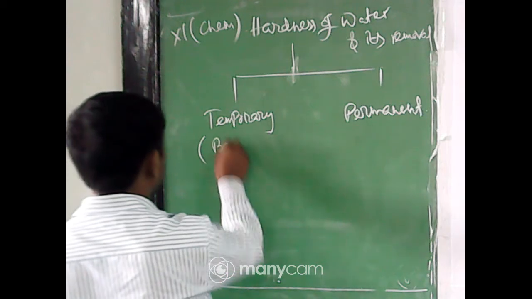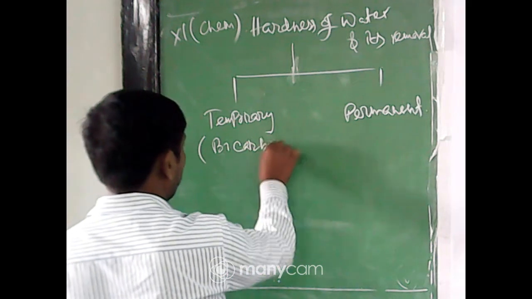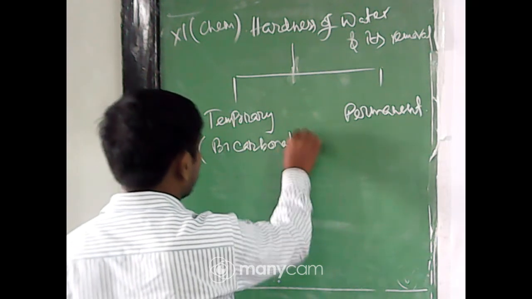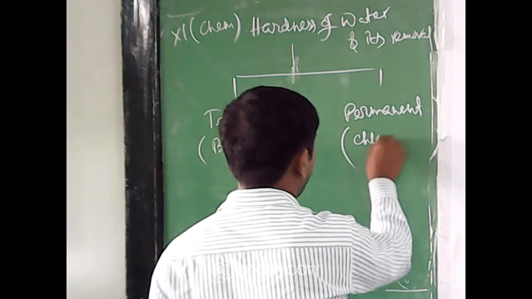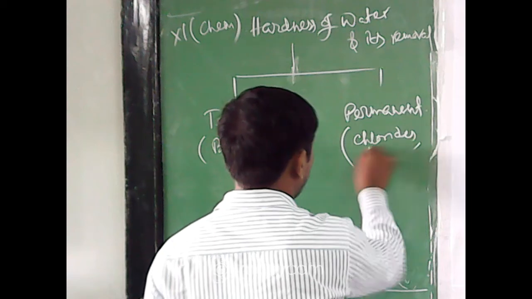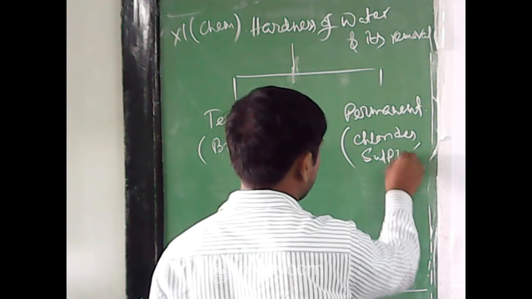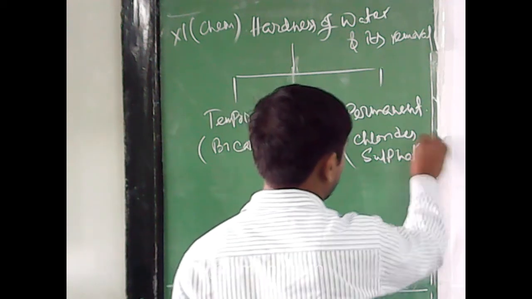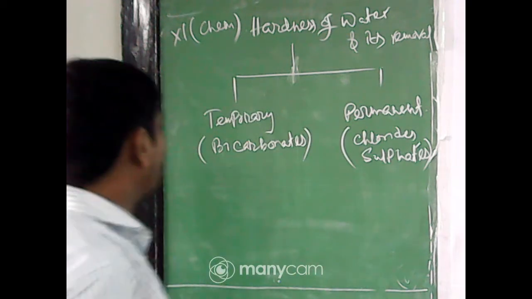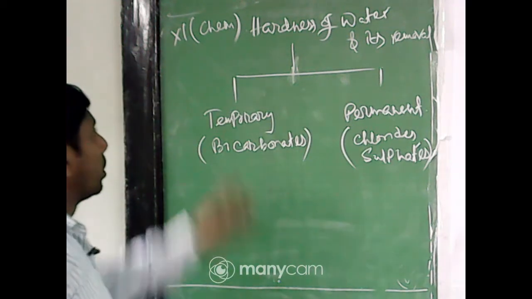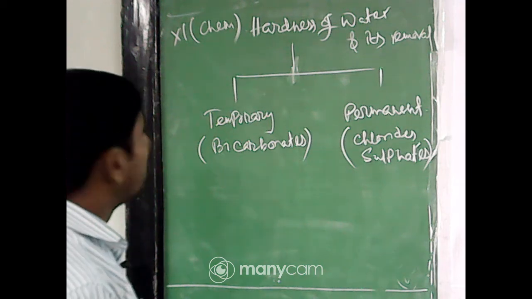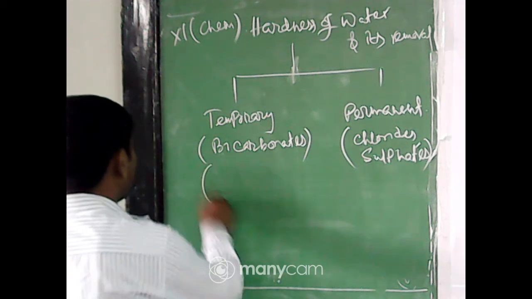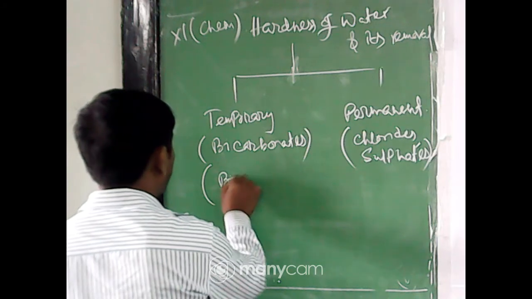Temporary hardness is due to the presence of bicarbonates of the salts, and permanent hardness is due to the presence of chlorides and sulfates. Okay. I have titled this topic hardness of water and its removal. Now, temporary hardness is removed by boiling